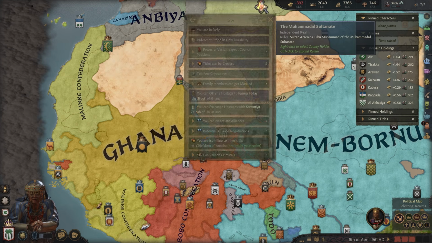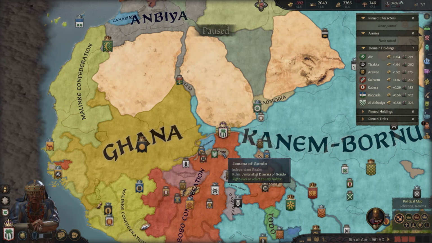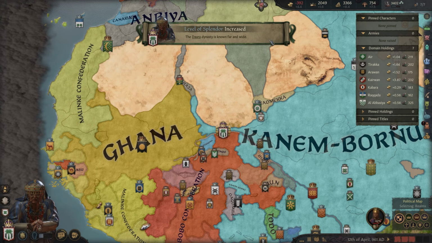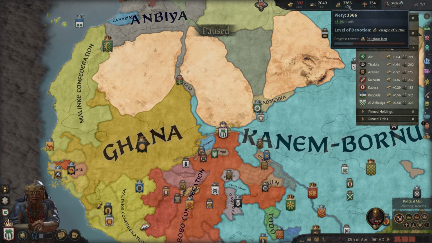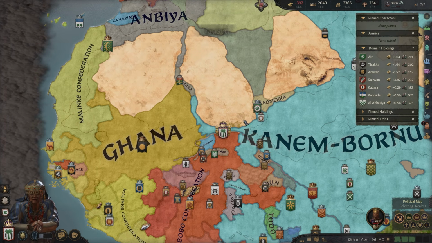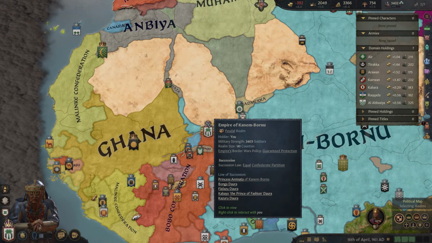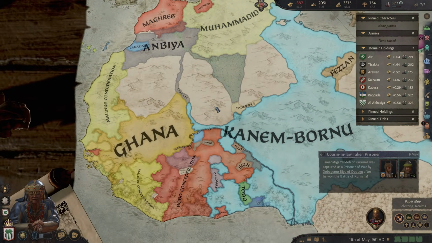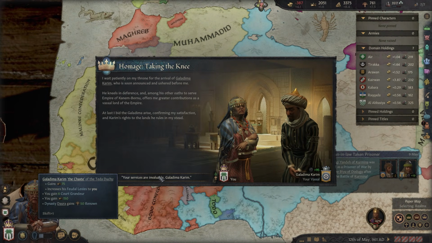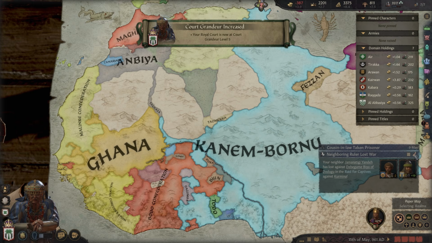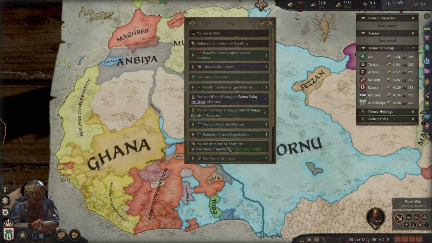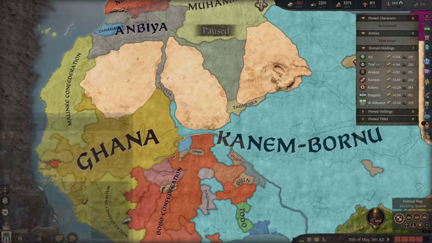Yeah, and we've learned why we should never expand. That's, I think, the conclusion we can take from that, is that expanding is bad. It is not something we want to do. In fact, what we want to do is stay at exactly our current size, at peace, with a strong army at our backs. That's what we want to do. Oh, dear. Okay, well, yeah, that was terrifying. We did almost completely fall apart.